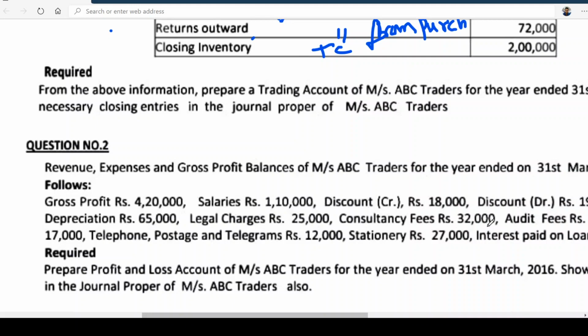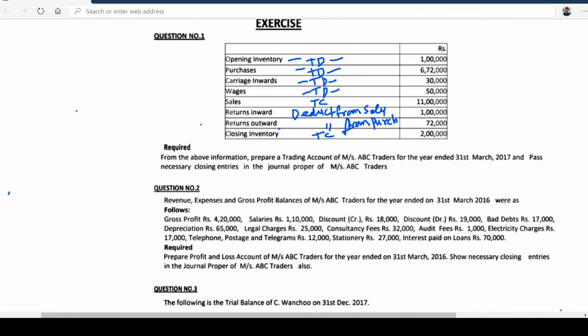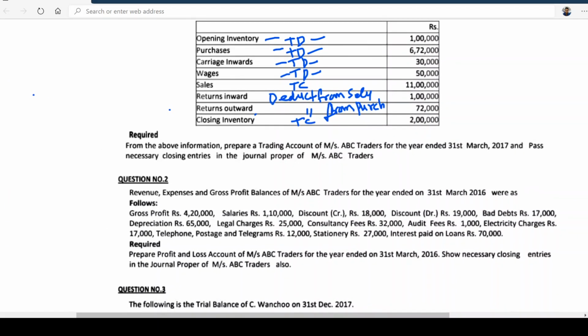Show necessary closing entries in the general journal of Mrs. ABC Traders Limited. Now he is asking about the closing entries of